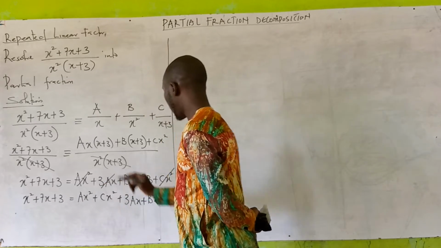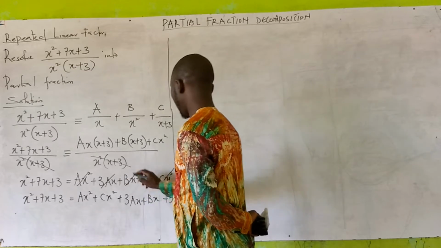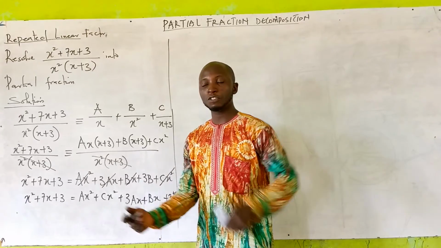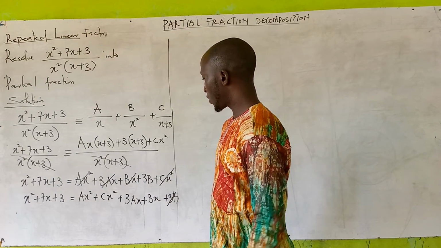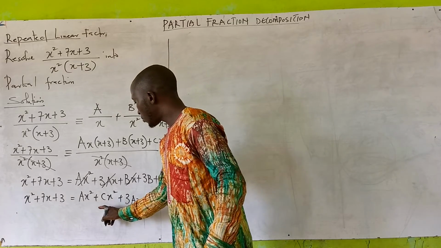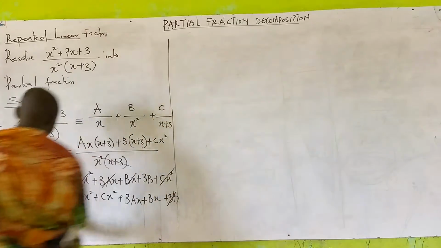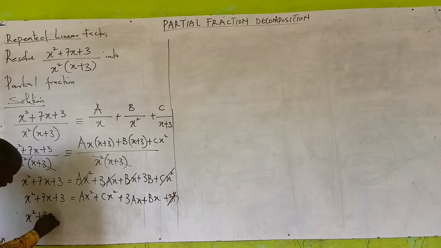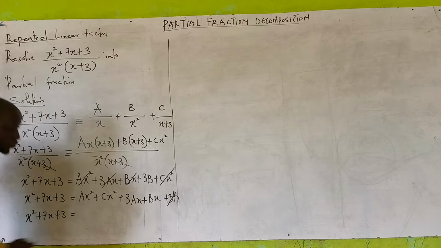3ax, this is it. Bx, this is it. 3b, this is it. All we try to do is to rearrange in order to get what we're ready for. Now, we have x squared plus 7x plus 3 equals to